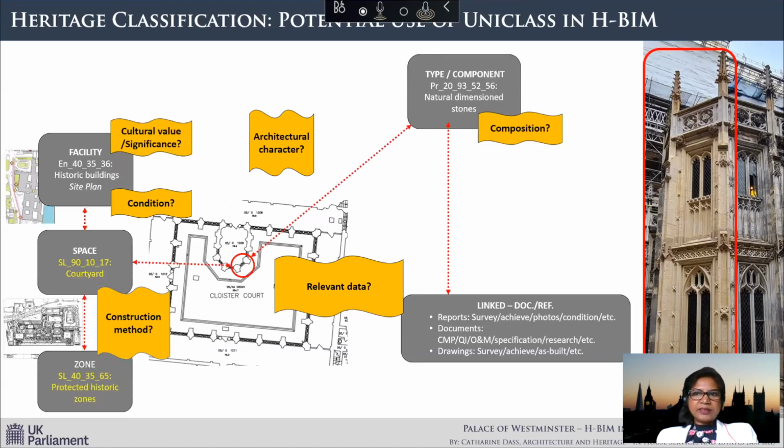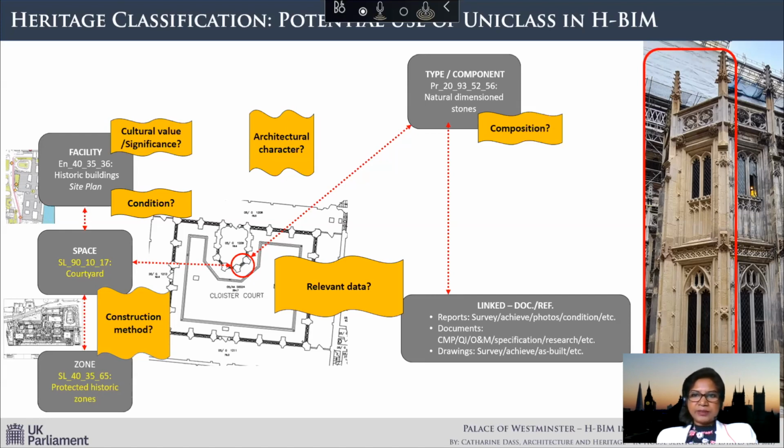On this slide, the gray sections are the information currently gathered on projects using classification for COBie. I've included some Uniclass codes as an example. The codes in yellow are new codes provided by Uniclass following our collaboration, which will also benefit others. Zones are usually used for fire, security, etc., but adding a historic protected zone will be useful for other organizations